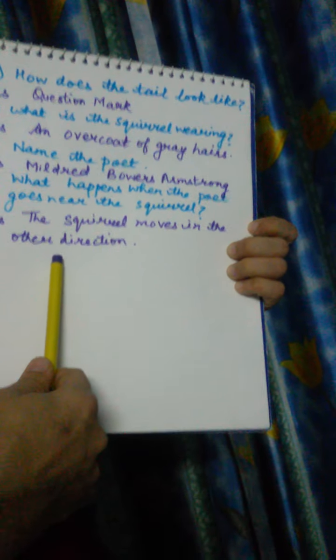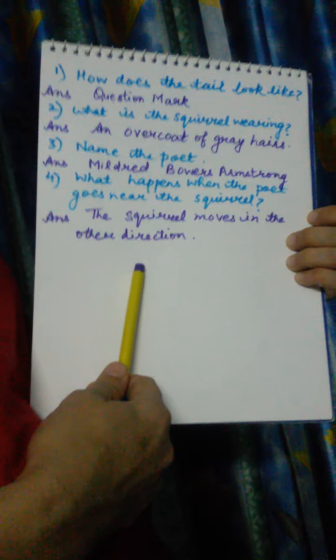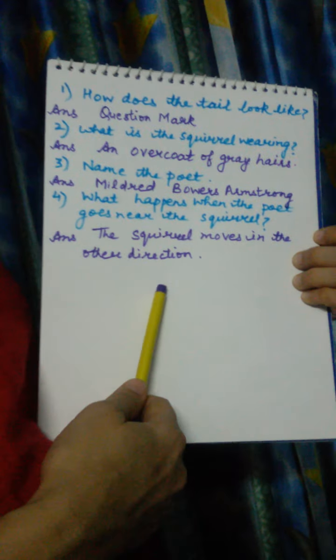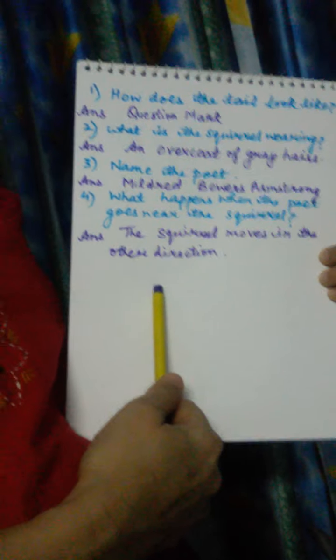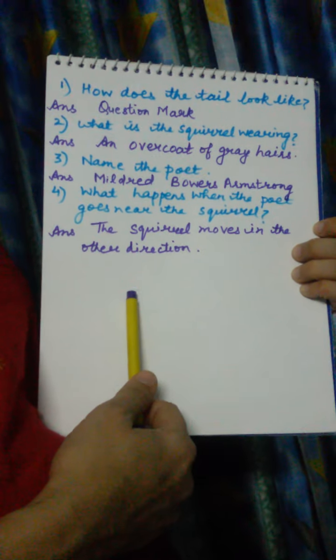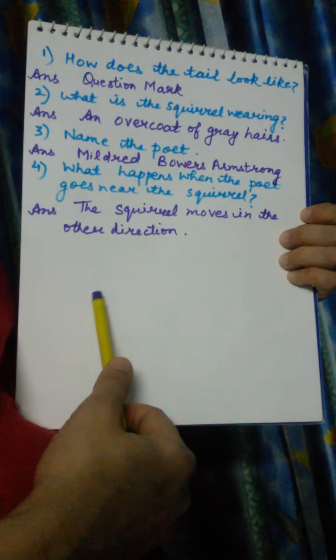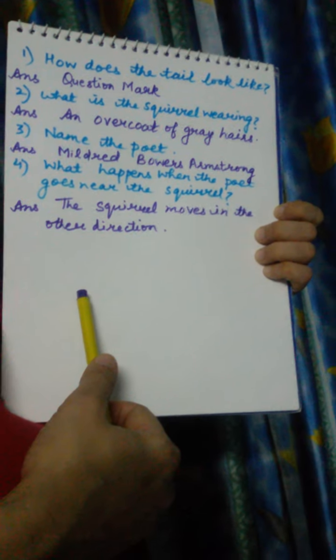In the same manner, I hope that you have observed and studied the poem well. You can have a list of activities. You can make the picture of squirrel. You can observe the squirrel, what the squirrel does, what the squirrel eats, and how you feel when you see the squirrel. So try to make the description of squirrel.